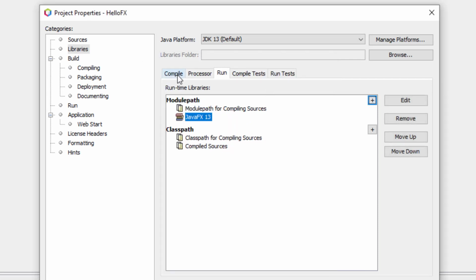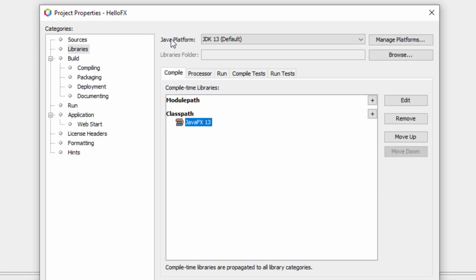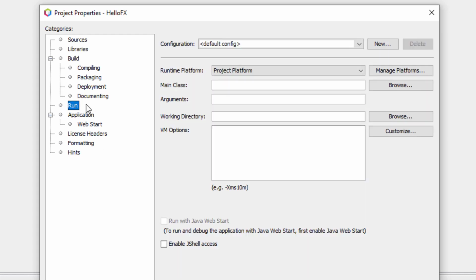This should work probably for the next few versions unless they change something drastically, which is possible, but I kind of doubt it. They're kind of stabilizing now. So that's under the libraries. You've got the Compile tab, Run tab. Now go to the Run category, and under here we have to put this little